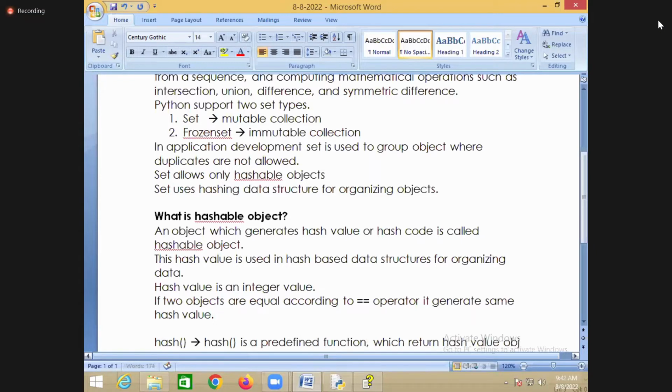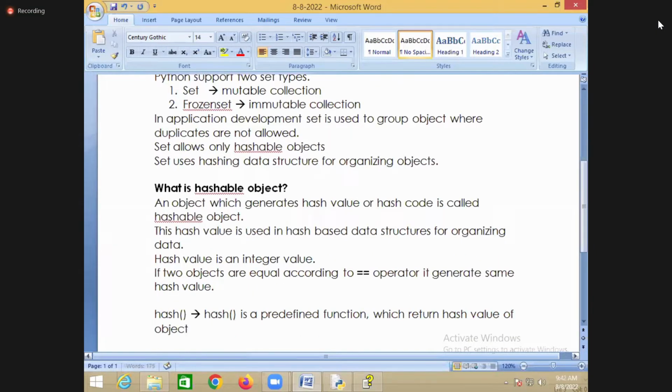The hash function returns the hash value of which one? Of an object. So what is the name of the function you are using? Hash. This function returns the hash value of the object. But how is the hash value generated? It is generated based on this rule: if two objects are equal using the double equal operator, then they should generate the same